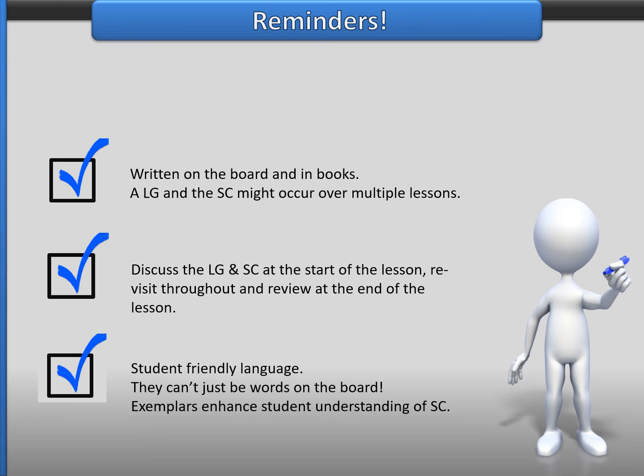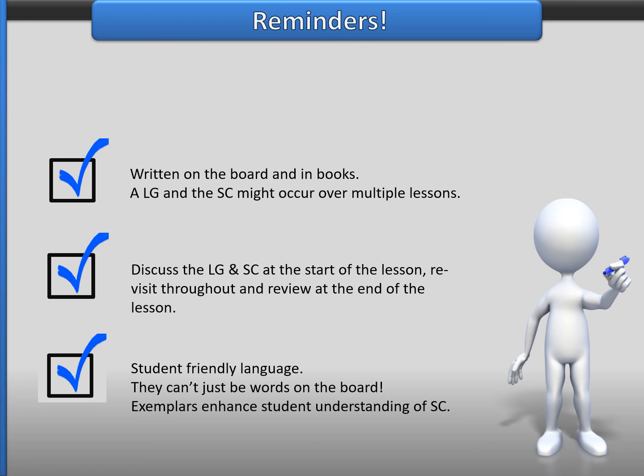So let's do a quick review of what we've covered in this video. Our learning goal and our success criteria is written on the board, and students write them both in their books unless you're doing a lesson outside. A learning goal and success criteria might occur during one lesson, or it might go over multiple lessons. Discuss the learning goal and success criteria at the start of the lesson. Revisit throughout the lesson as you talk to students about what their next steps are, and review it at the